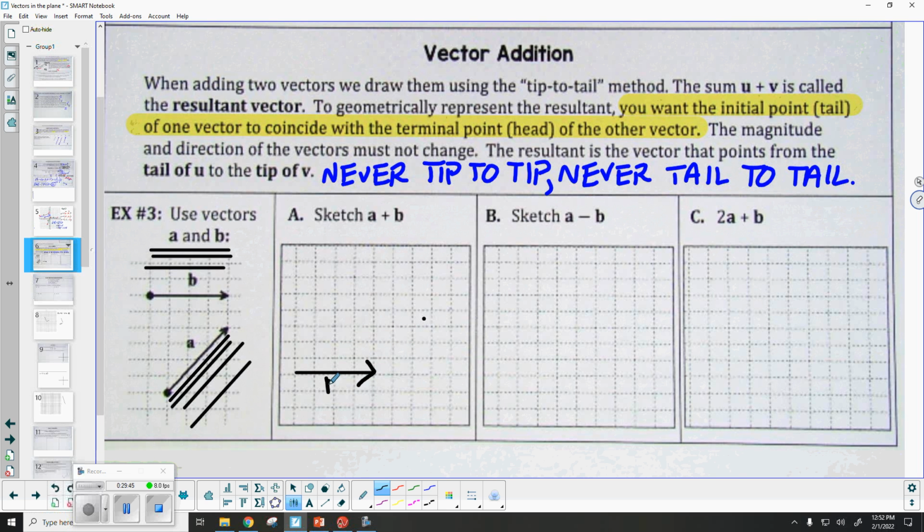So here's B right here. See, I haven't changed its direction or magnitude. I'm just changing how I'm connecting them. I'm now going to put the head of B to the tail of A. Okay, so just like that. Not tip to tip, not tail to tail. There you go. Okay, so right here, these two vectors create two sides of your triangle. When you draw the third side, that's your answer that we call the resultant. So this right here is A plus B. Okay, but what I want you to do, tell me what the component form is.